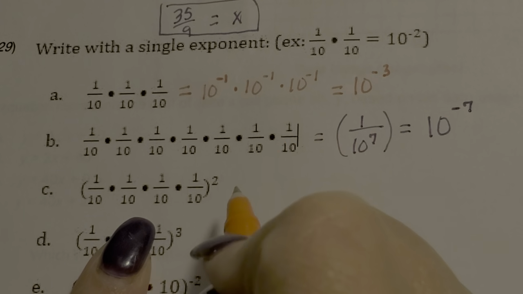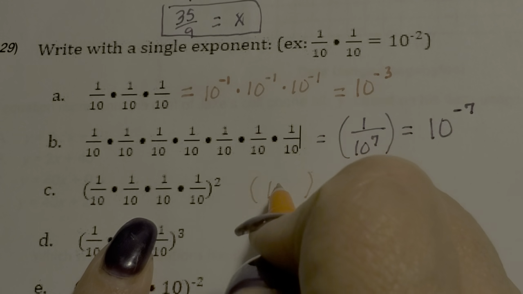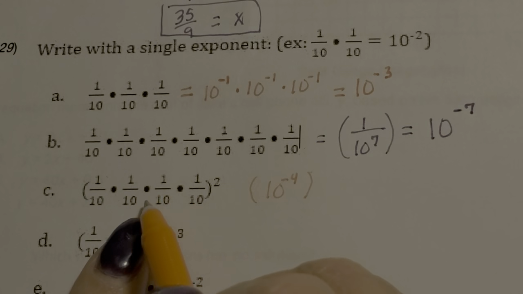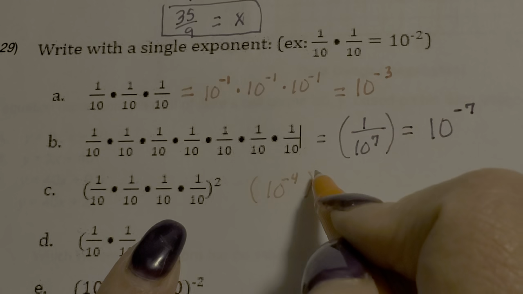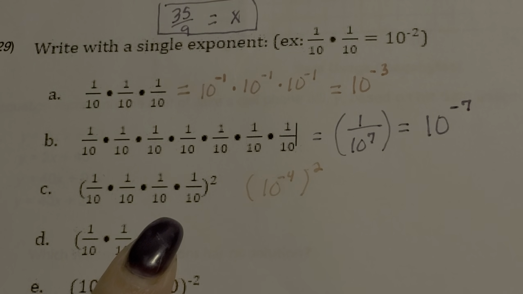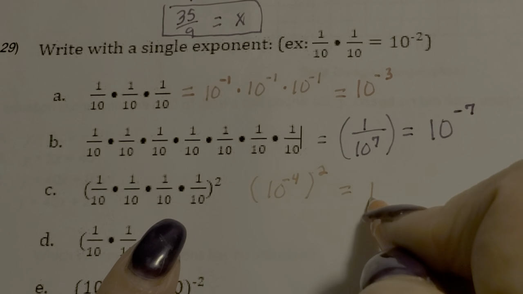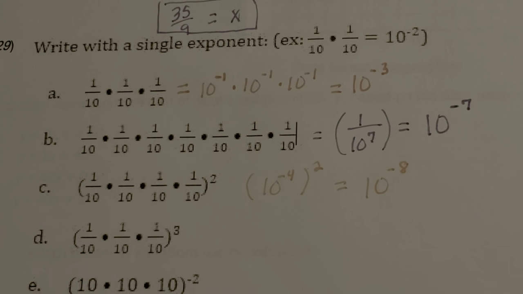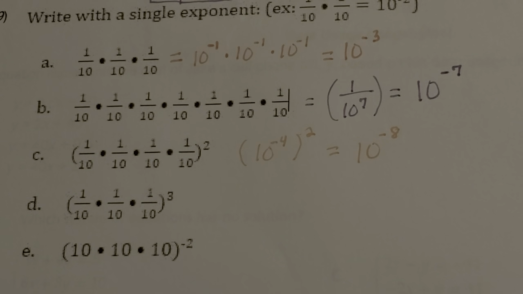On C, inside the parentheses, I have 10 to the negative 4th power. As we know, 1 over 10 is 10 to the negative 1st power, and there's 4 of them. But I have that squared. When I have a power raised to a power, I simply multiply my exponents, so that gives me 10 to the negative 8th power. D would work the same way,